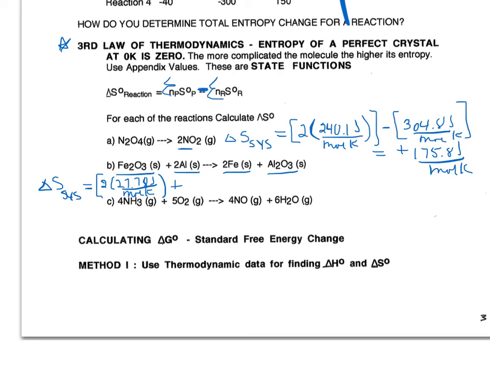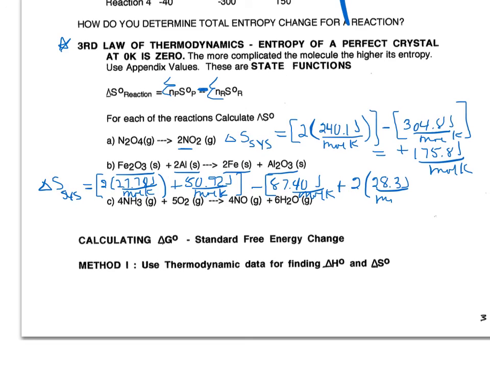Plus, there's only 1 mole of the aluminum oxide here, and that should be 50.92 joules per mole Kelvin. All right, and minus, we have 87.40 joules per mole Kelvin for the iron oxide, plus 2 times the aluminum, 28.3